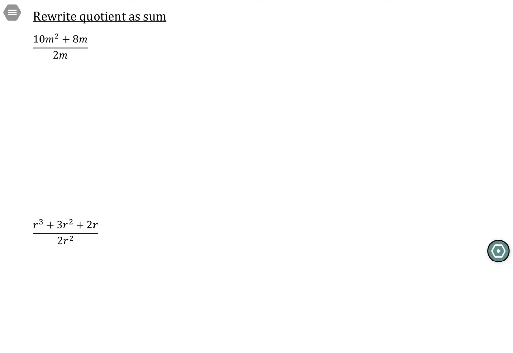And again, this is actually getting into operations a little bit. You could consider what we're doing dividing polynomials. But in general, a rational expression is a polynomial divided by a polynomial, so that kind of fits with rewriting rational expressions. So what I want to remind you of here is the fact that with fractions,